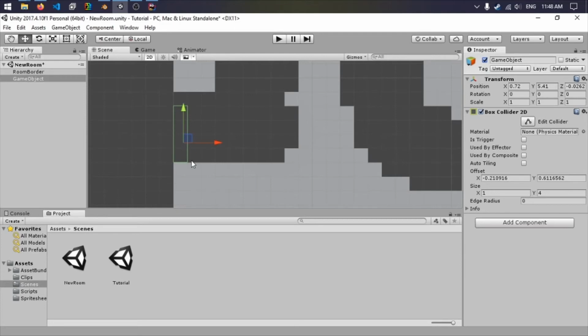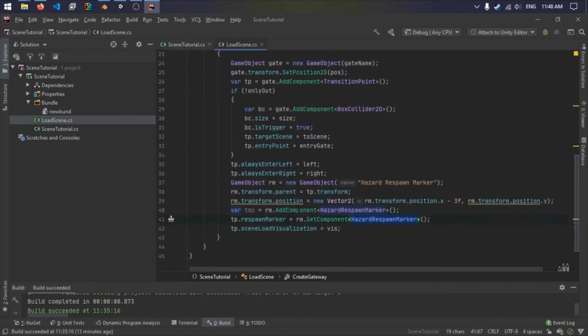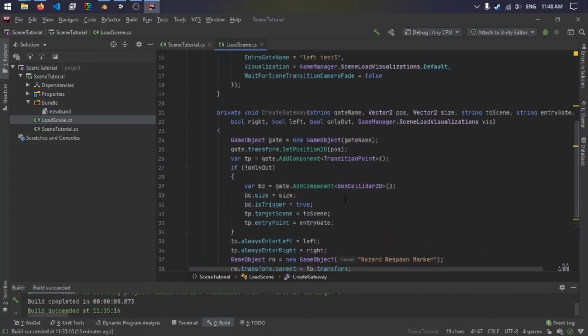It's going to be a game object with a box collider 2D, and the only thing we care about is the size essentially. This offset, we actually just want it to be 0, 0. But yeah, so the settings are going to be 0.5, 6, and 1 and 4. So in Unity, I have this create gateway method that I'll go over, but